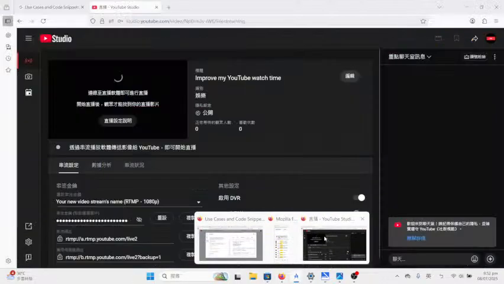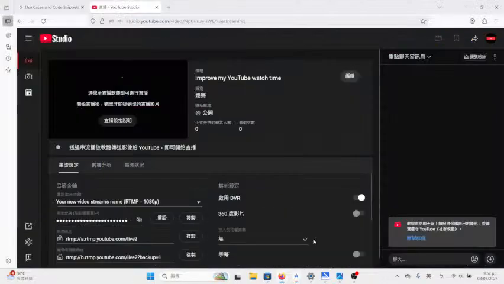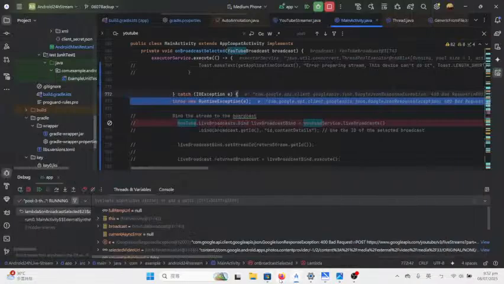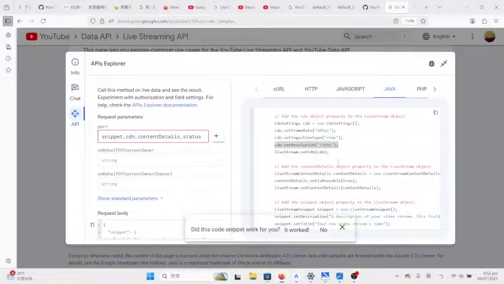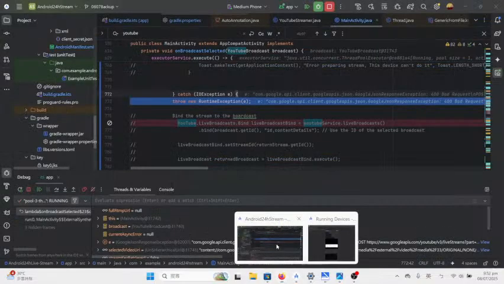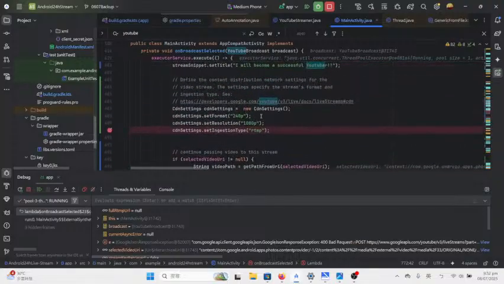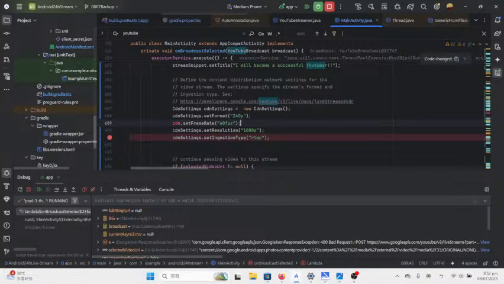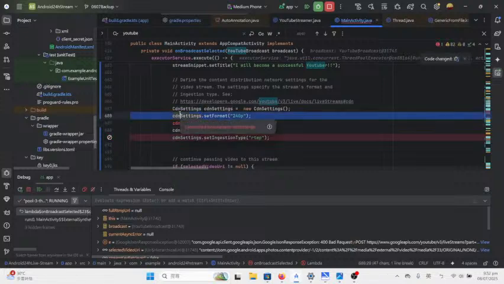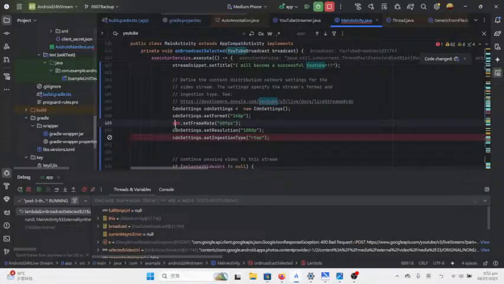This is easy. Just go back to our API because this bandwidth is 60 fps. We copy this and go back to our code space. Then here you need to set the frame rate. Okay. So